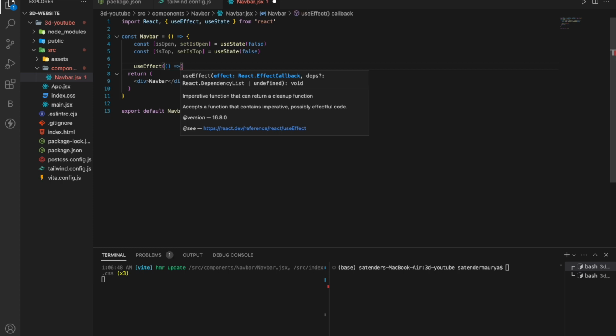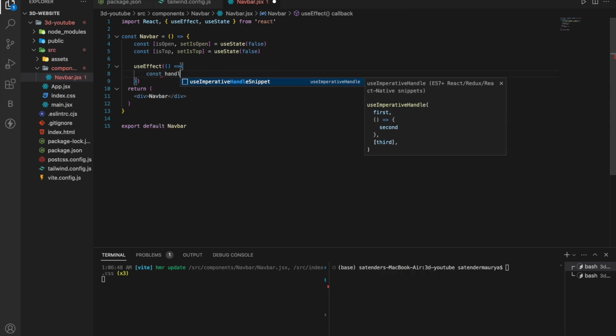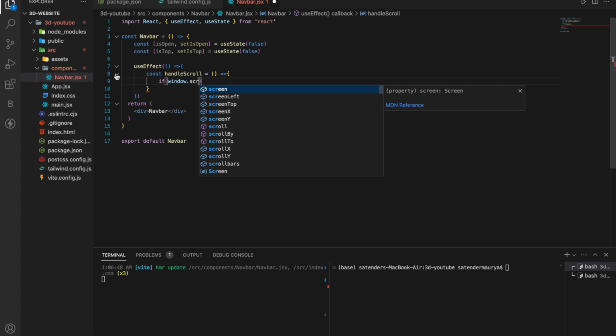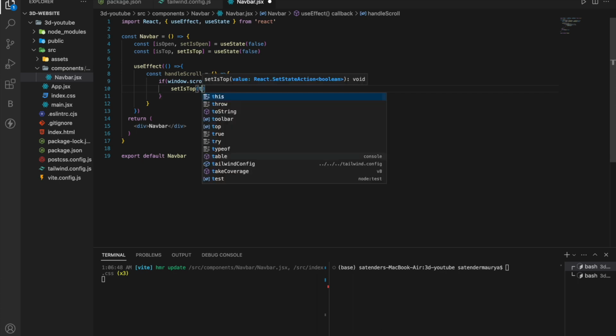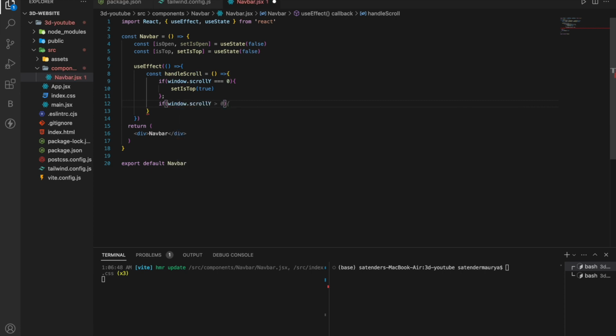So useEffect, then define a function here, and inside that we call another function, const handleScroll. If window.scrollY is equal to 0, then we are going to setIsTop true, and if window.scrollY is not equal to 0, then we are going to setIsTop false,